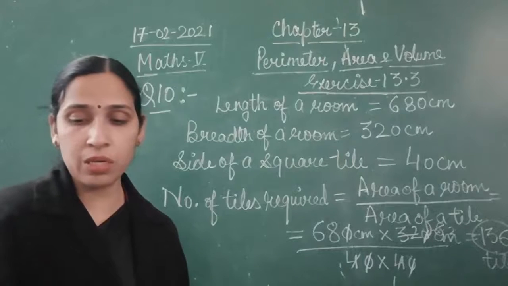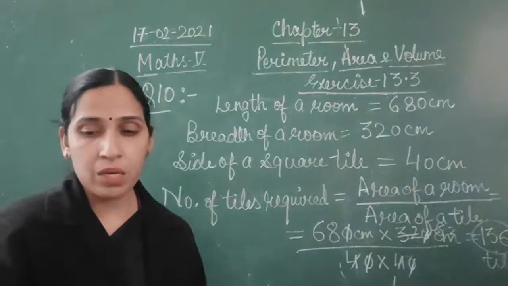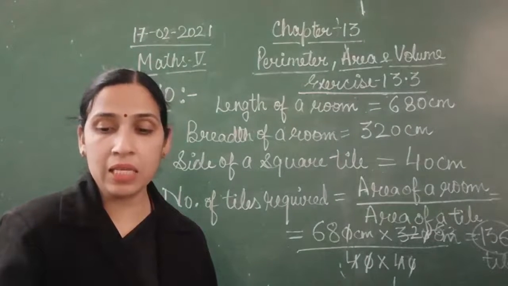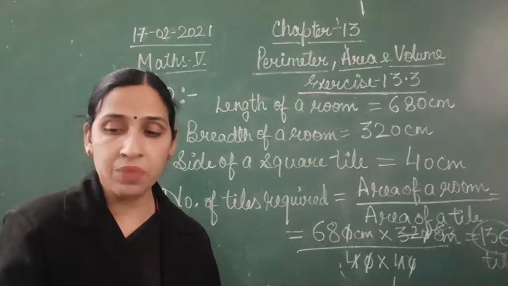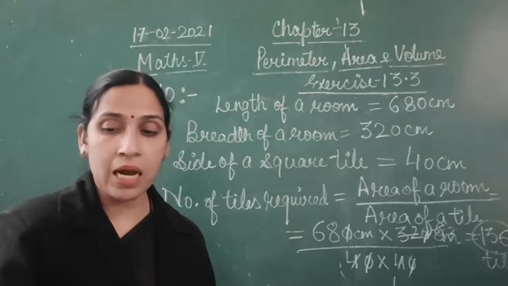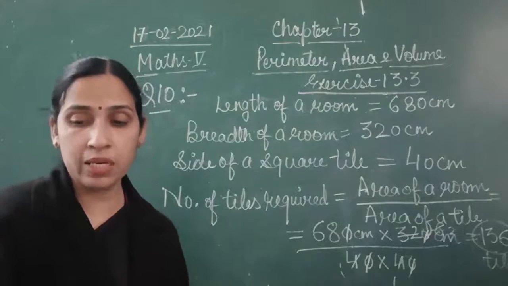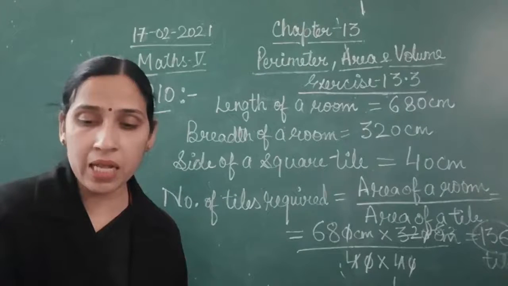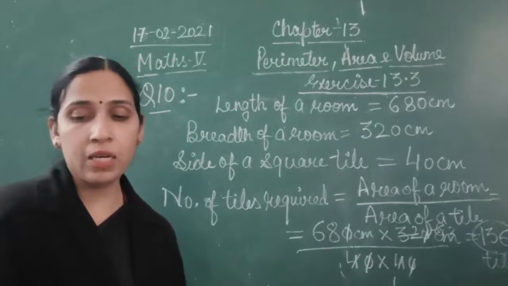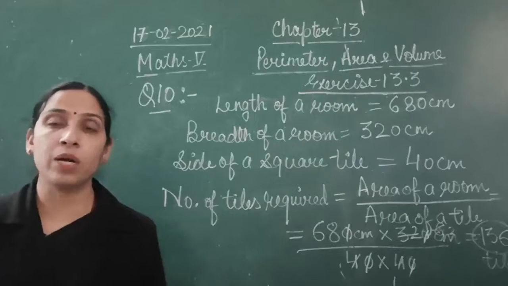Okay, that also you can do. That is same as the earlier previous question. Okay, this question, example 8. Arun plans to tile his kitchen floor with square tile. Each side of the tile is 10 centimeter and his kitchen is 320 centimeter long and 200 centimeter wide. How many tiles will be needed? Area of the kitchen, area of one tile, and then you will do the division. You will get how many tiles will be required.